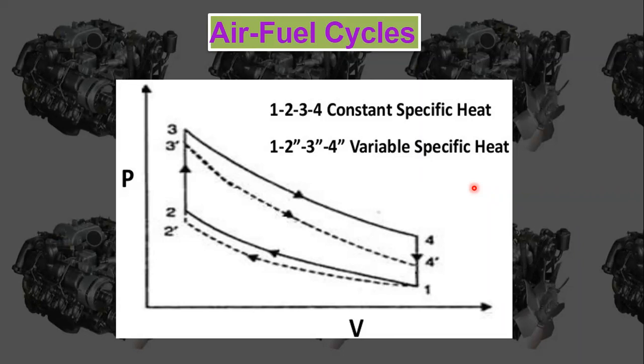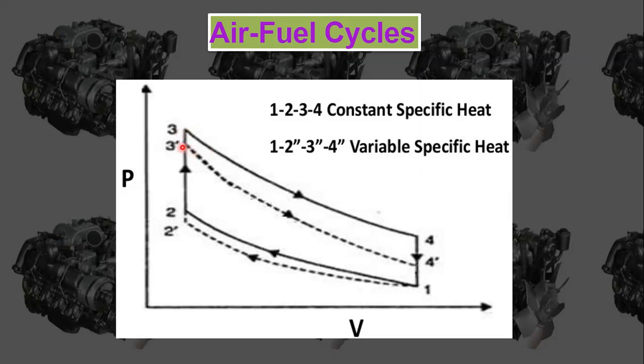If we use air in a cycle, it is going to behave in a certain way, that means whatever the pressure and temperature are going to be attained, by using air fuel mixture, that pressure and temperature which are going to be attained are going to be different. There will be a lot of reduction in pressure and temperature. If we have used air fuel mixture, whatever the temperature raised is going to reduce. Whatever the pressure is raised is going to reduce.